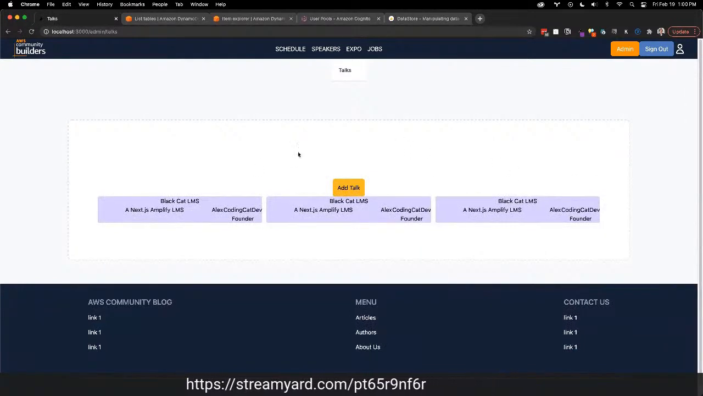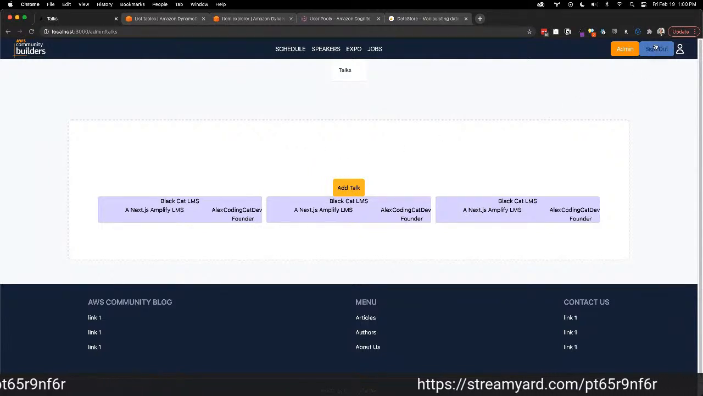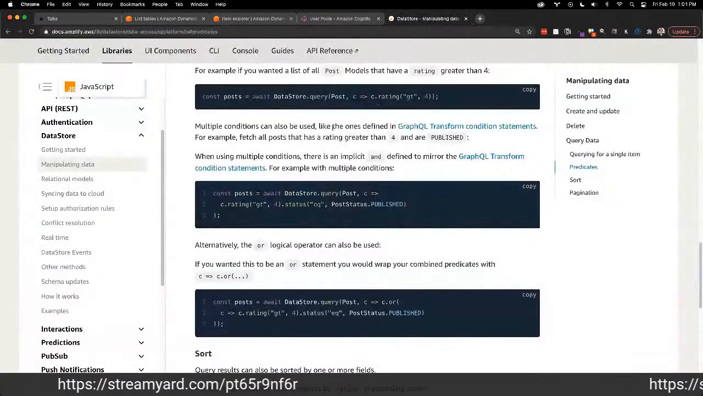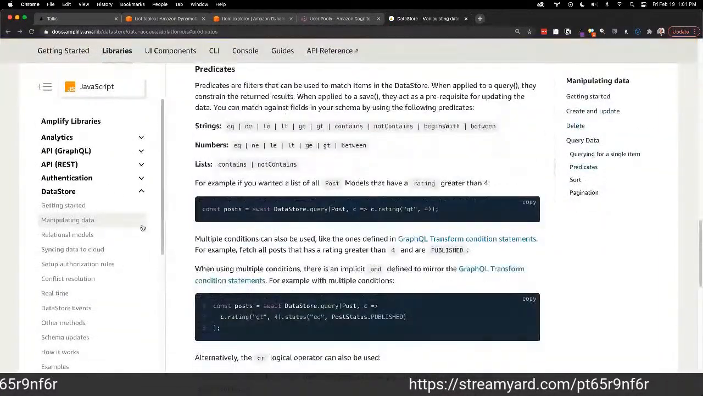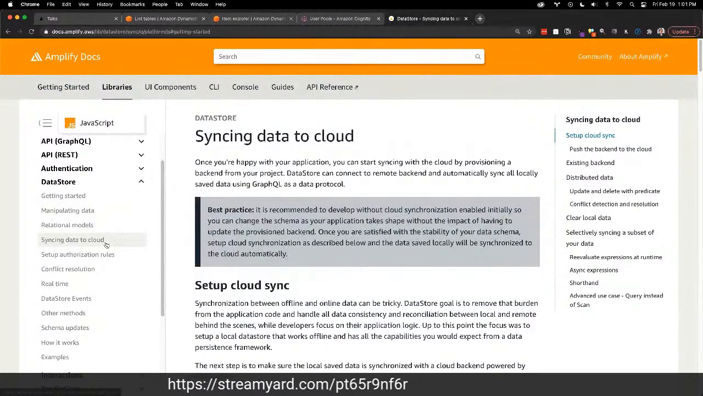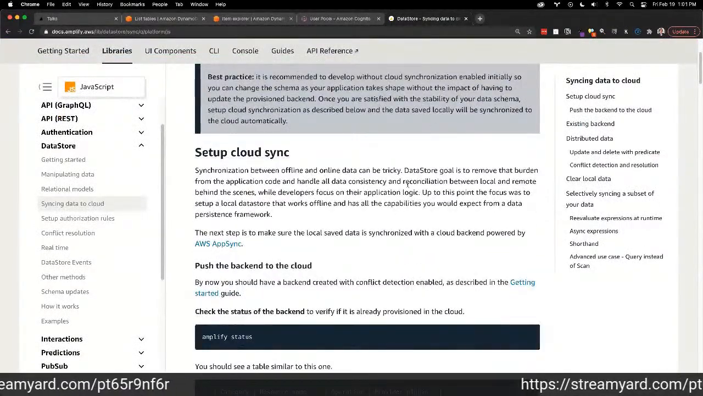And then at the very end of this, once we're set and we love what we're doing with data store, now that we have our authentication working and our data store working, the next step in this, if I look at this data store side of things, is going to be this syncing data to cloud. So next time we'll walk through how to set that up